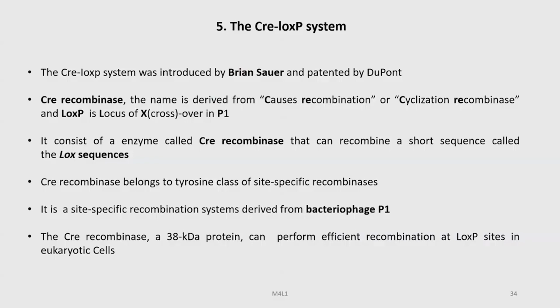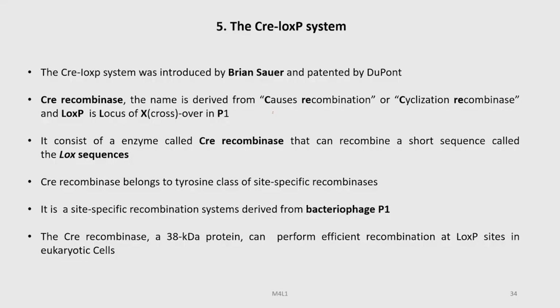The Cre-LoxP system was introduced by Brian Sauer and patented by the company DuPont. The enzyme Cre recombinase is derived from "causes recombination" or cyclization recombination, and LoxP is locus of X-over in P1. So, it consists of an enzyme called Cre recombinase that can recombine short sequences called